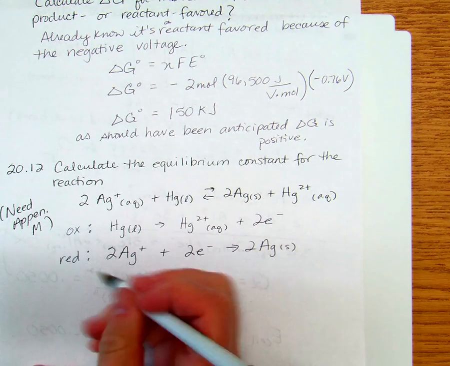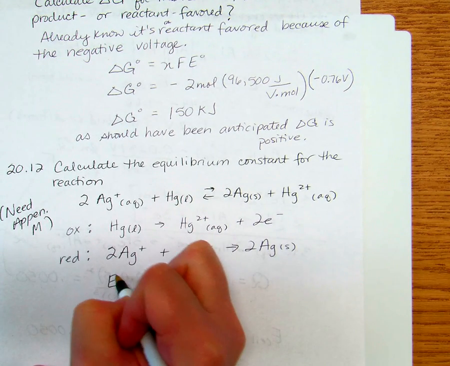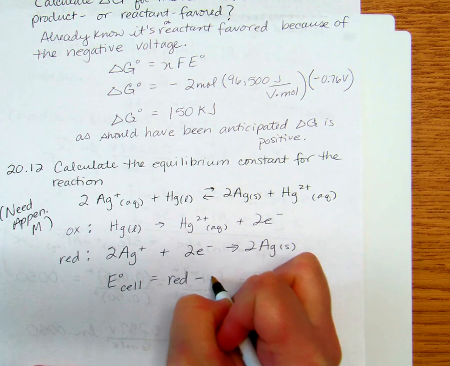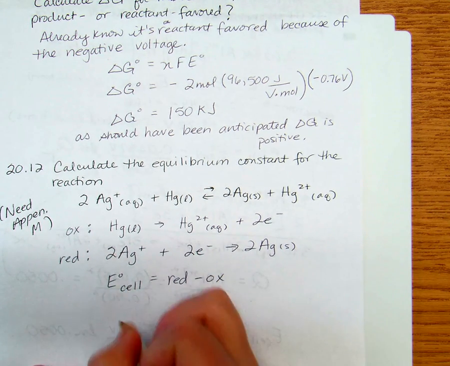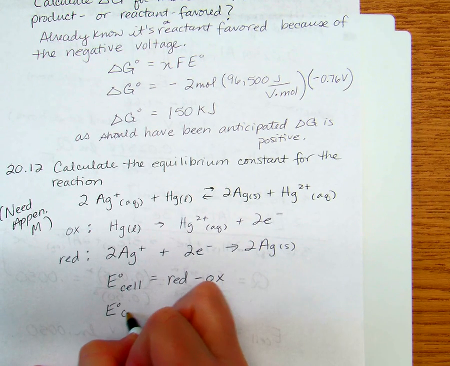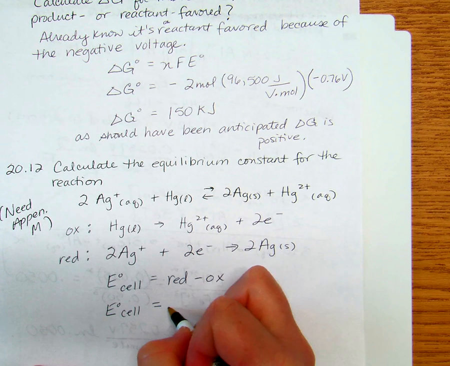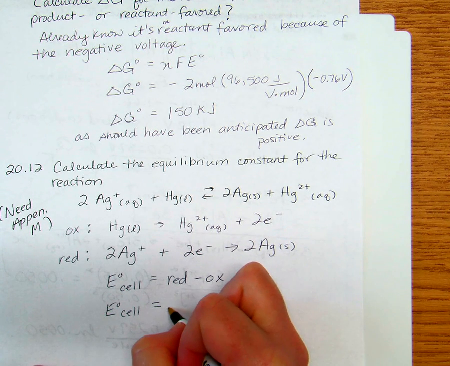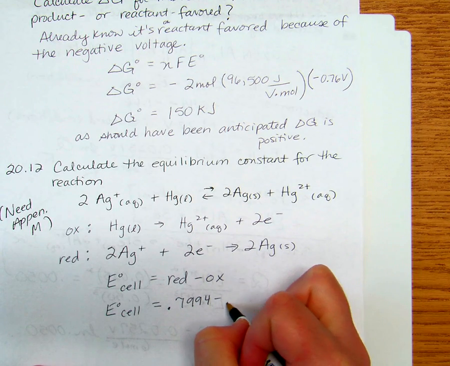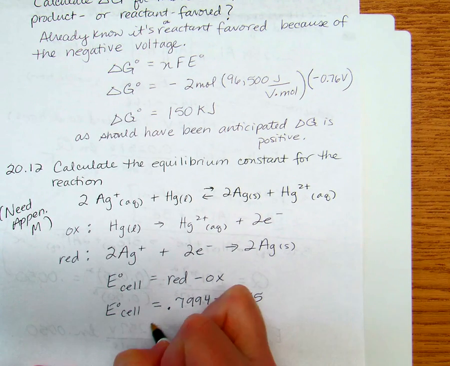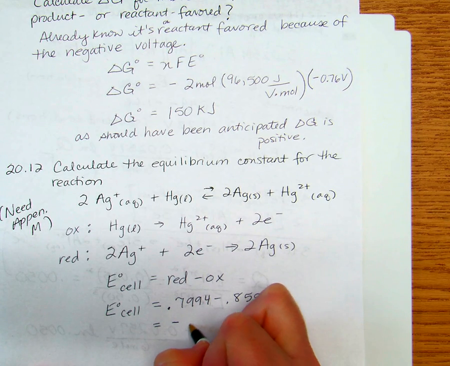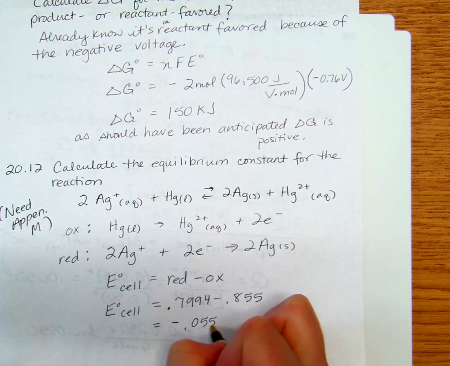So, equilibrium constant, E for the cell is equal to, as always, the reduction value minus the oxidation. We know which is which. The reduction value, again, comes off of your appendix M, 0.7994 minus 0.855. If you do the subtraction, it comes out to minus 0.0556,